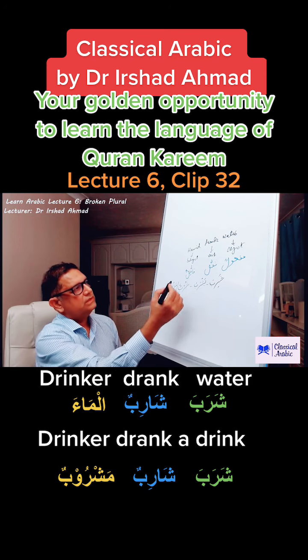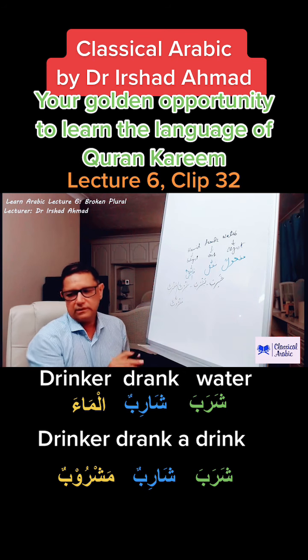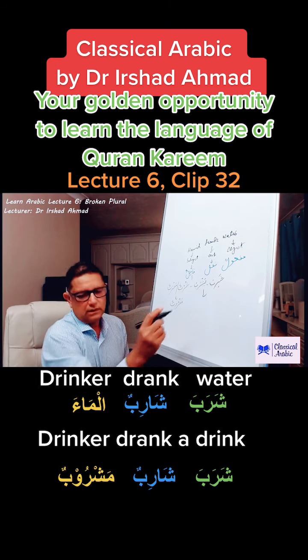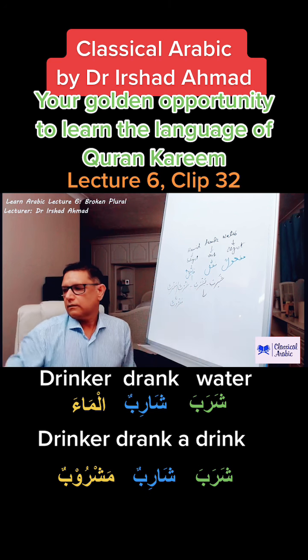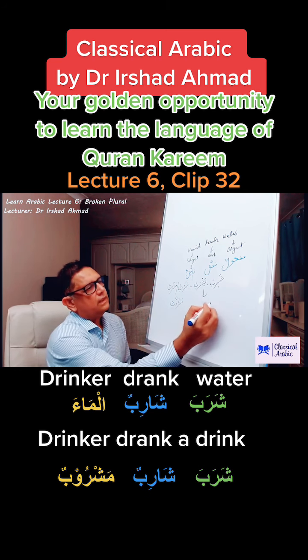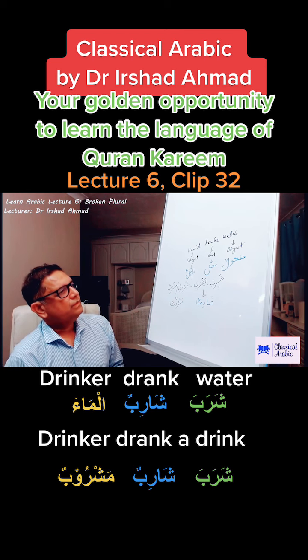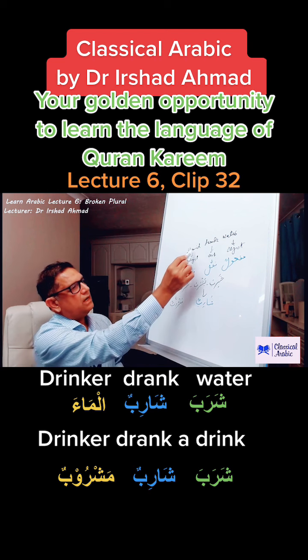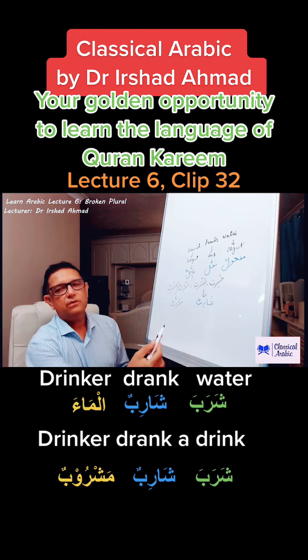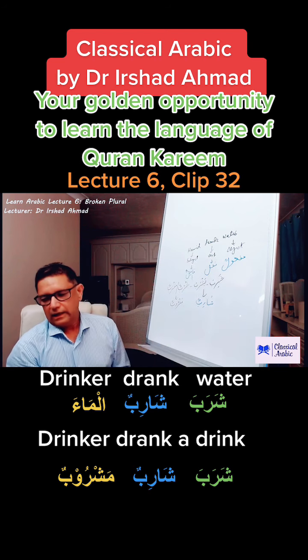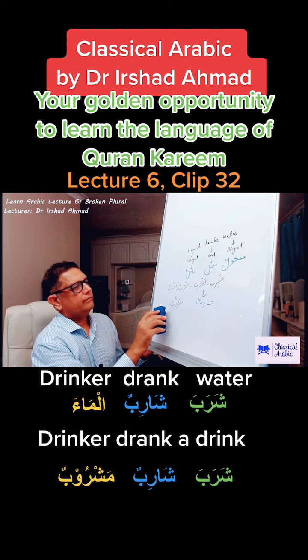generic subject. So generic subject will be on the pattern of this fa'ilun, which will be sharibun. So that will be sharibun. Okay. So we know that we can replace Hamid with sharib, someone who drinks something, drinker, so to say. So we can say drinker drank water, and in Arabic we will say,